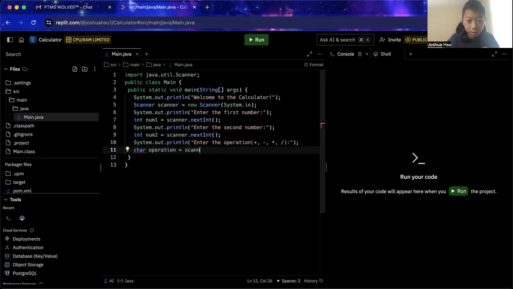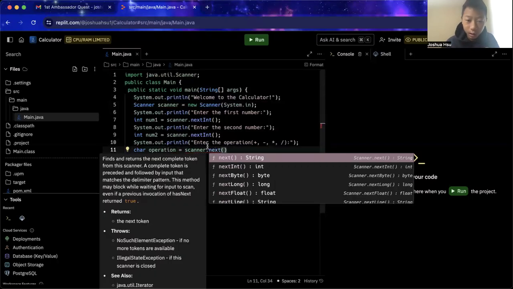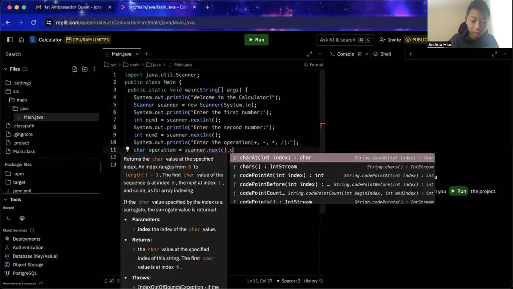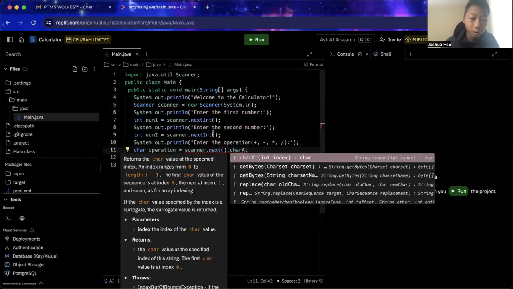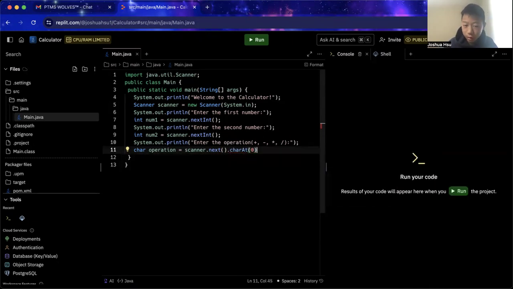Here we can't just do a regular scanner.next, because next will store a string. But instead, we can use the charAt function, which gets the character at an index of the string. So index 0 will just get the first character of what they inputted,